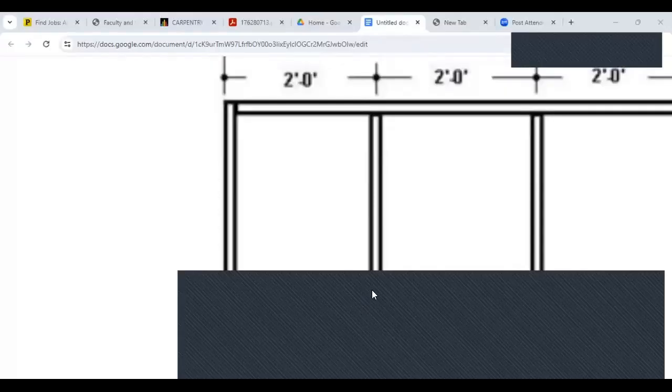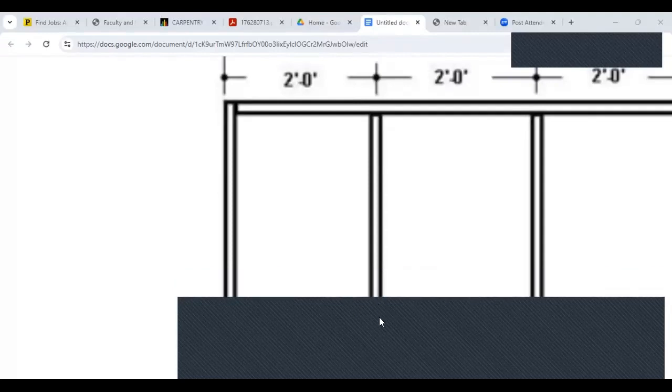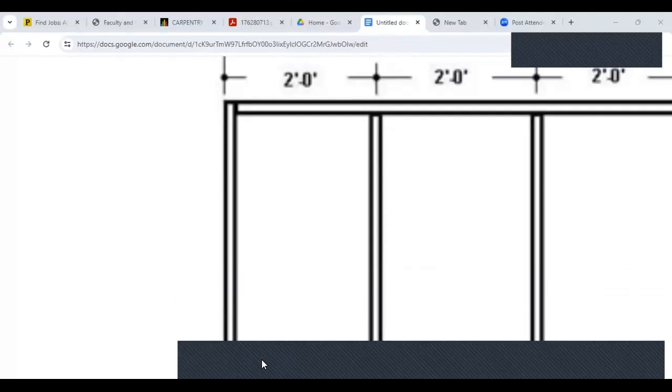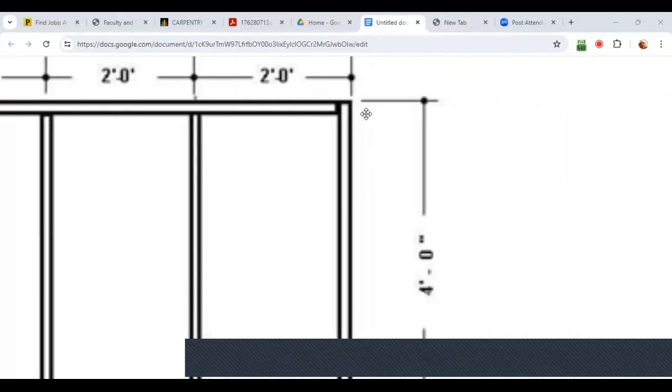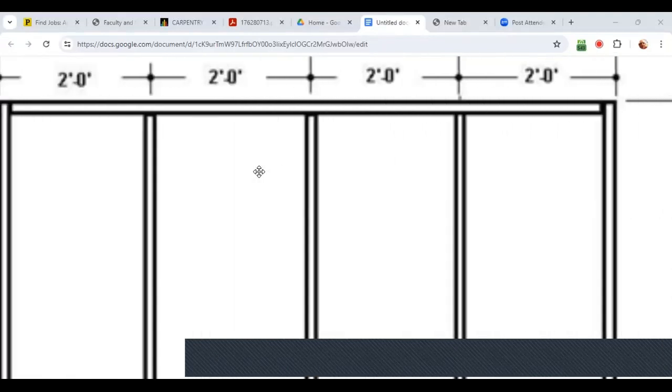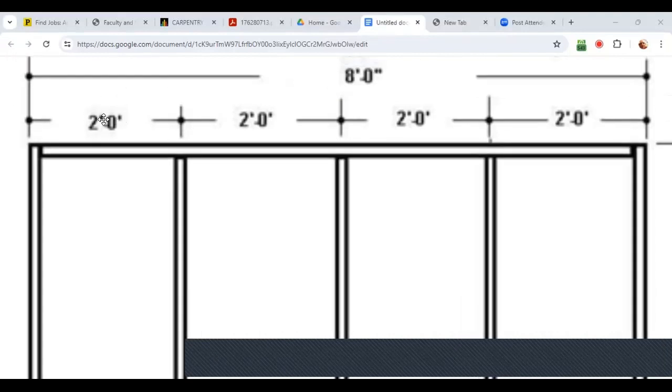So as I said, let me get this thing out of the way from the bottom. All right. So as I said, this is 3/4 of an inch. And we know that this is 3/4 of an inch. Well, that tells us that actually this piece is not 8 feet long, correct? It's actually 8 feet minus 3/4 of an inch minus 3/4 of an inch. So you have 1.5 inches subtracted from 8 feet, which comes to 7 feet